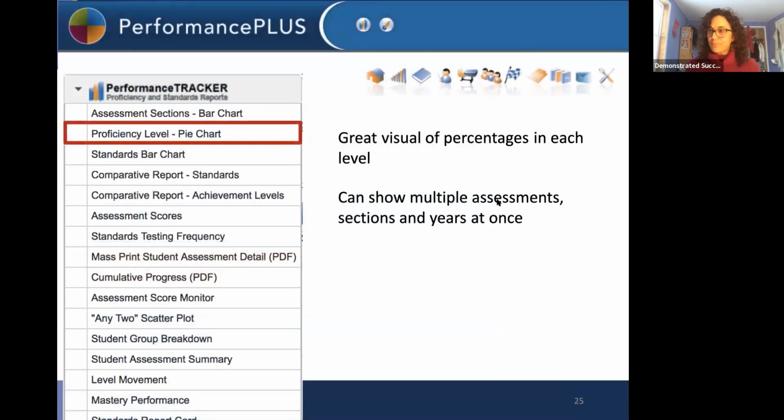Okie doke. So now we have performance tracker reports. Remember, I told you at the beginning that there's two types of reports. There's performance tracker and assessment builder. And you're going to use the performance tracker reports more because they do not depend on having availability of specific items. So in performance tracker, the very simplest report that I would encourage you to do first,